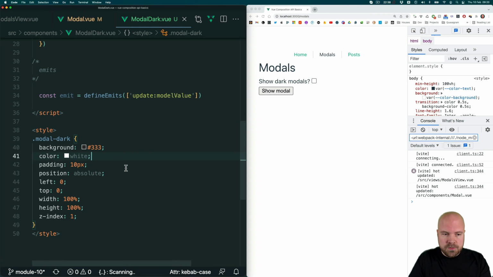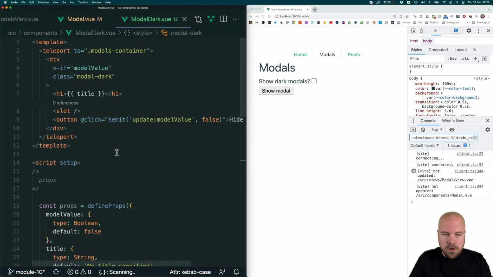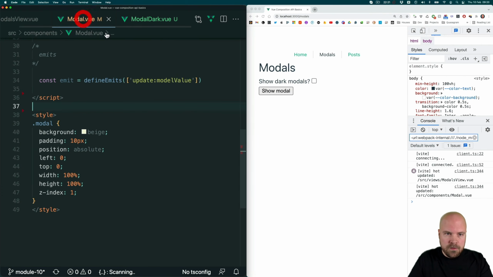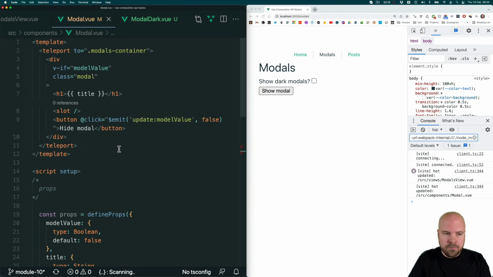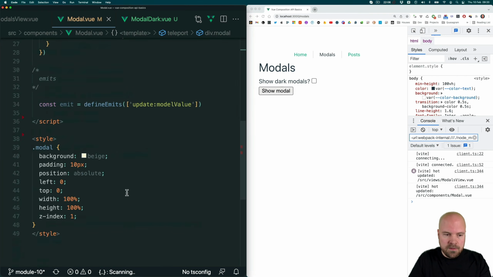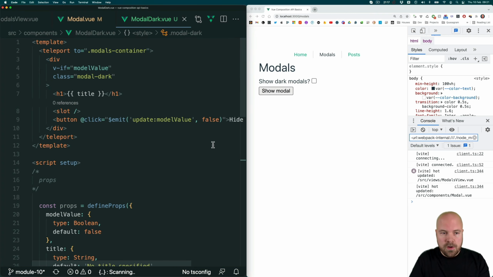And just to reiterate, if you wanted to have modals which were light and dark in a real-world app, then this wouldn't be the best way to do it because we're duplicating a lot of our code here. It'd be better to just have a single ModalView component, which we can then pass a prop to, say a prop called dark. And then if we receive that prop, then add a different class to the modal to give it different styles. So I'm just using this as an example to demonstrate dynamic components,